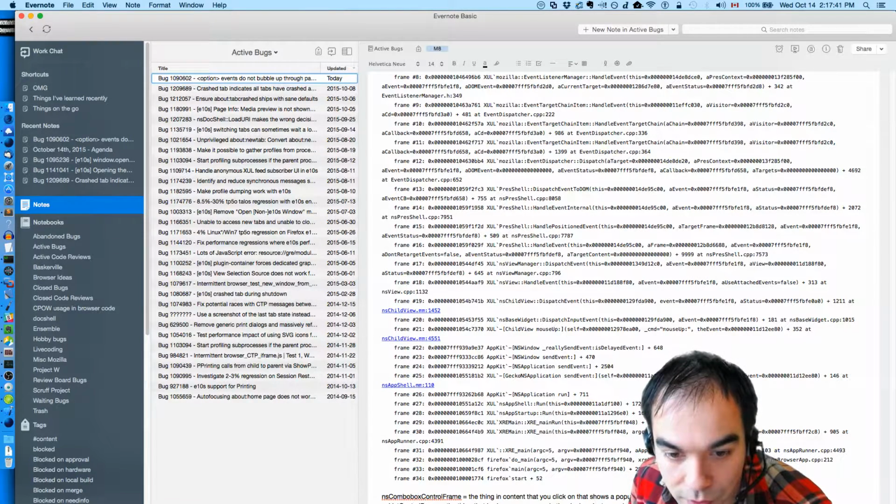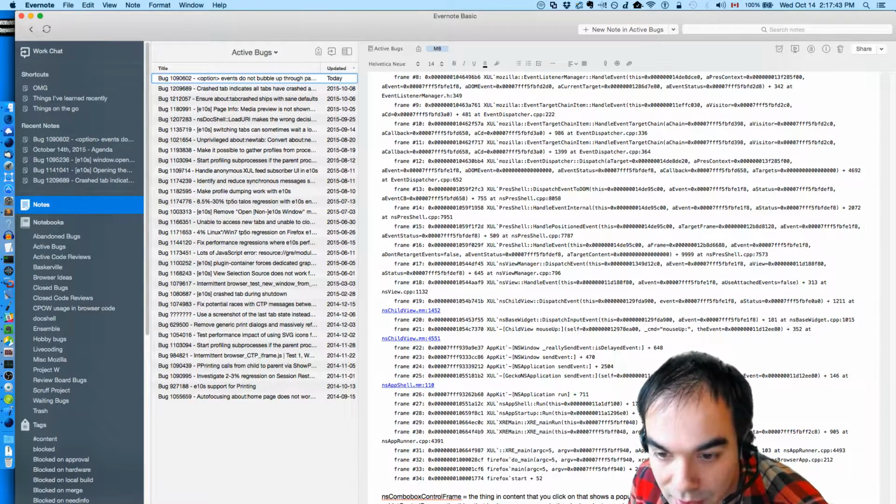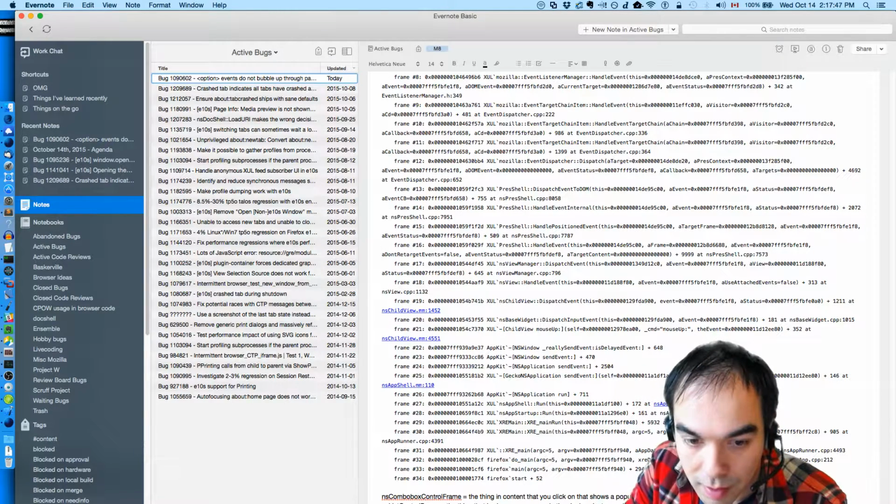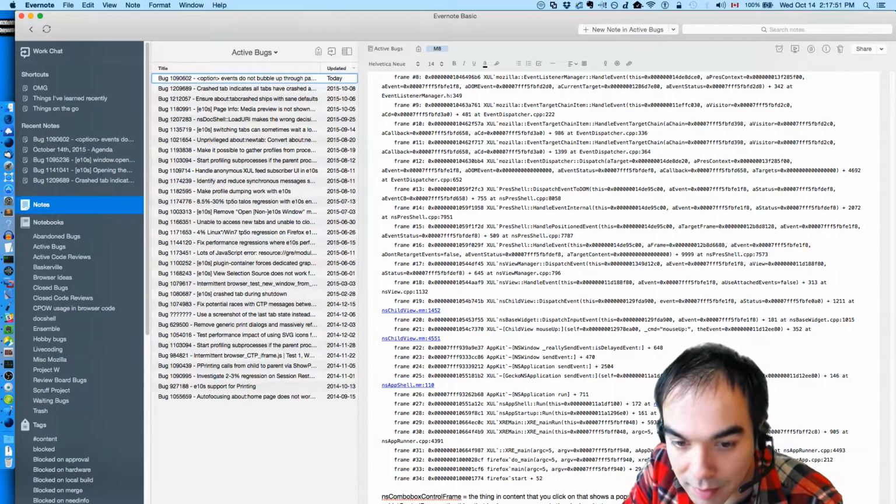So when the NS list control frame is in drop down and open, we select the values on it and change the value of the parent. If we roll up without selecting anything, then we reset the value, select value, to match the already displayed value.